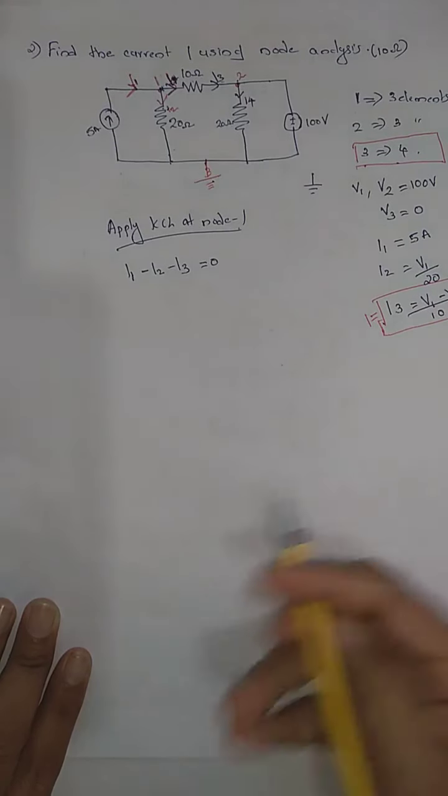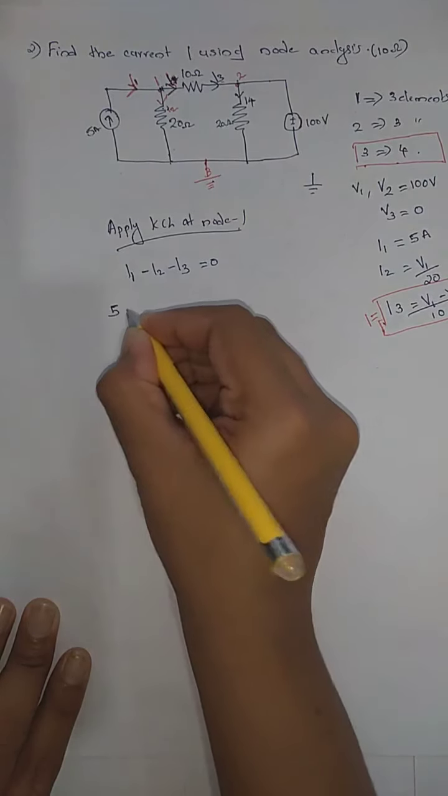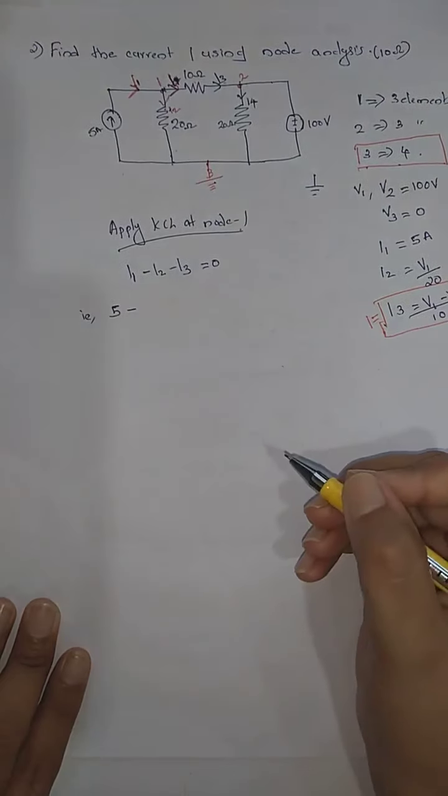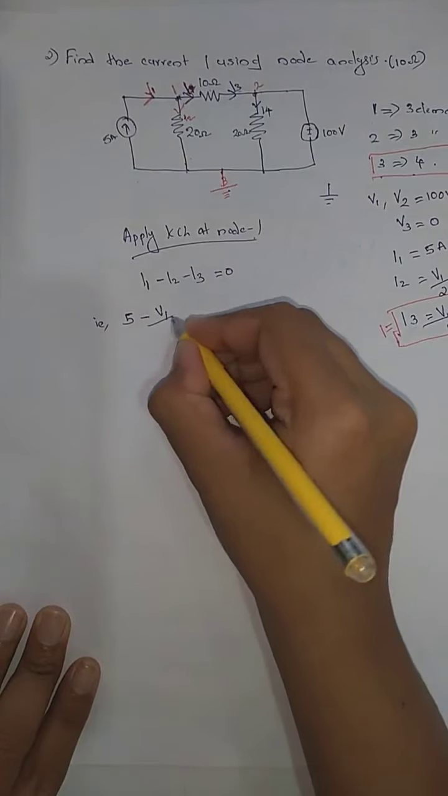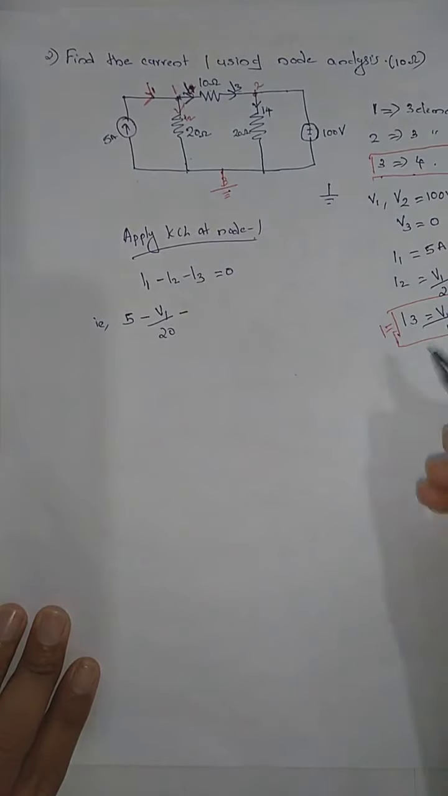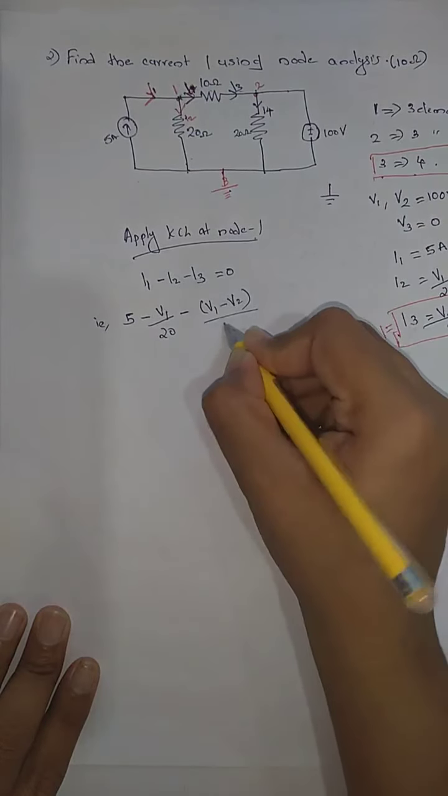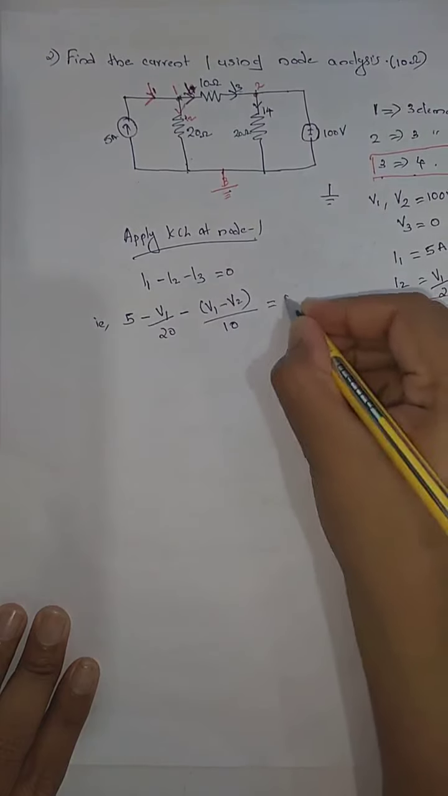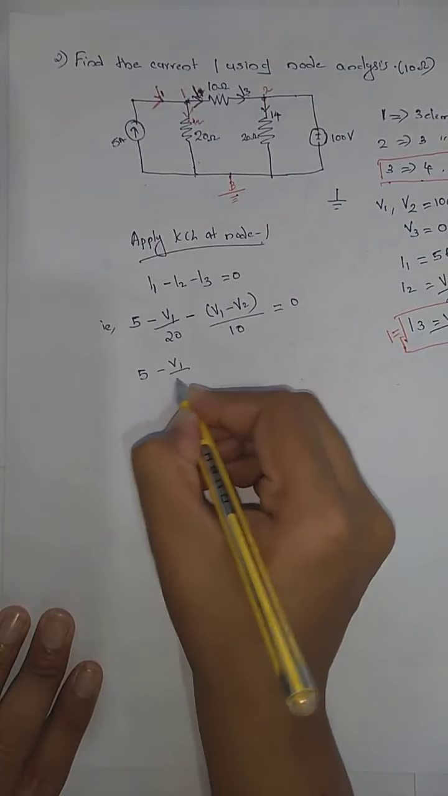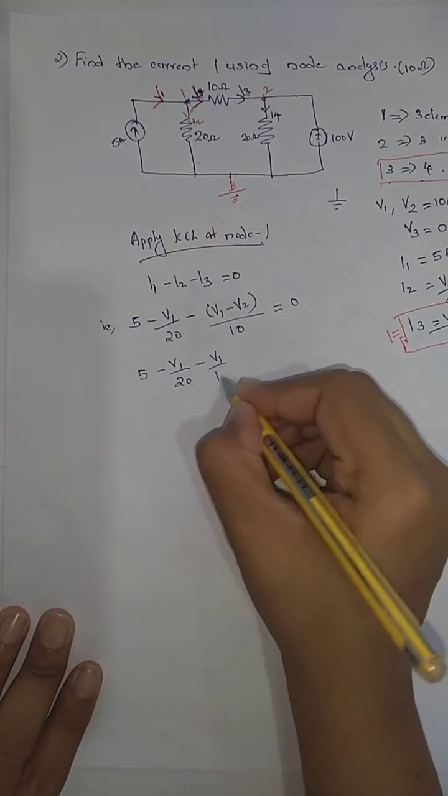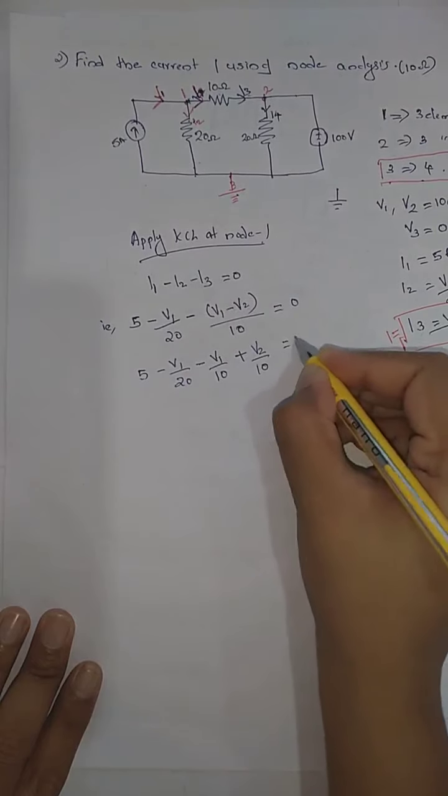Okay, so what I am going to do is substitute it. So 5 minus the I2 value, what is I2? V1 by 20. V1 by 20 minus I3. I3 is V1 minus V2. So we have to take care of the bracket. Don't forget to put the bracket, otherwise there is a chance for error. So if I am substituting this, that is 5 minus V1 by 20 minus V1 by 10. Minus and minus, it is plus, plus